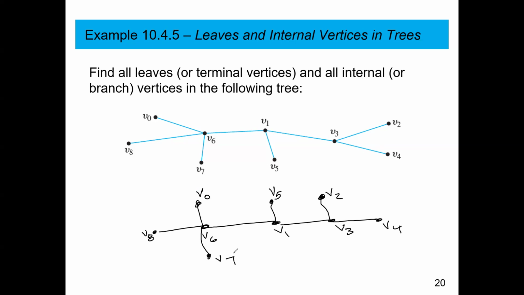Kind of like a caterpillar with its legs coming off to the sides. I know it doesn't have the right number of legs, but it doesn't matter. That's not why we call it caterpillars. We actually call a lot of different trees, some common names, in case you're curious, are caterpillars, cacti, cactuses, lobsters, and many others. They're often named after what the graph kind of looks like,